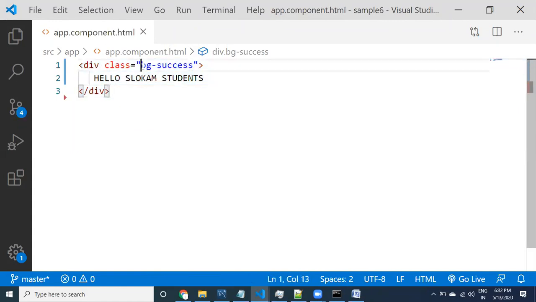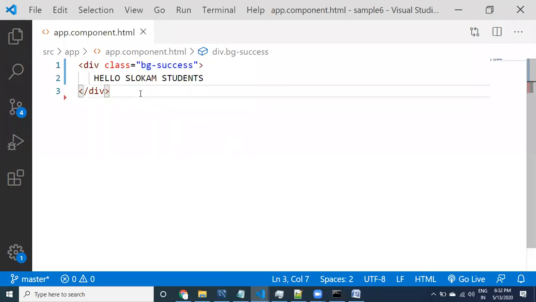For this div, I am applying class bg-success. If Bootstrap got properly installed, this div is going to be applied with the success color, meaning green color. Yes, this green color got applied for this div, meaning that the Bootstrap CSS got applied properly. Now we can do whatever we want.